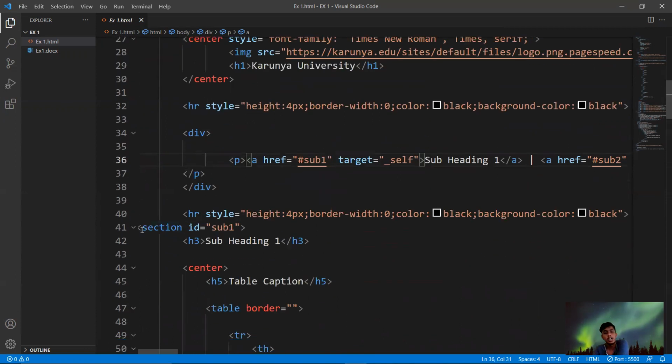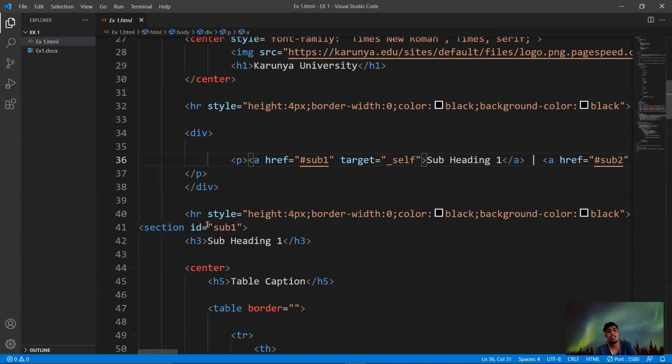Here, sorry, see here, this was the subheading one. This was given in a section. So section tag. So section is also called likewise a division tag. So in that section, I'm giving the ID as sub one, and I'm giving the link as sub one. So it will be matched here. So if I click this link, it will be shown as subheading one. If I click the link, it will be matched to that ID where it will be given. So after it will be matched and it will navigate to this ID where I have been given.